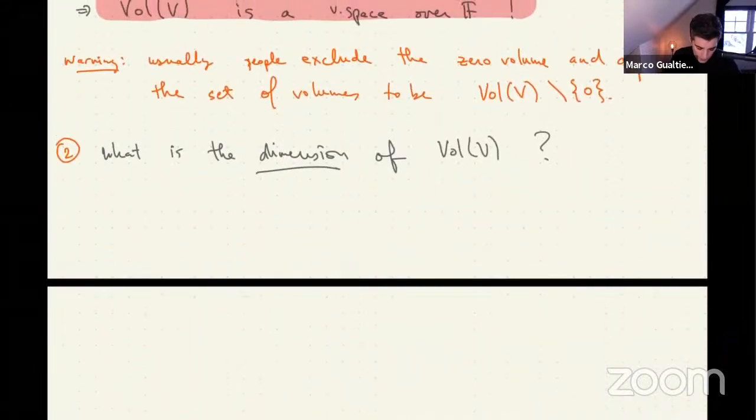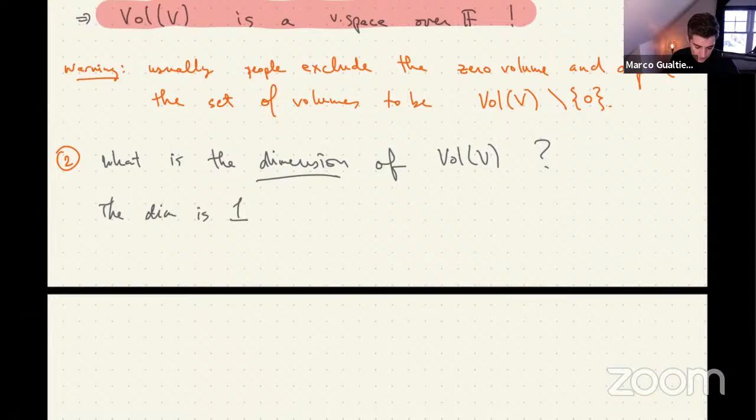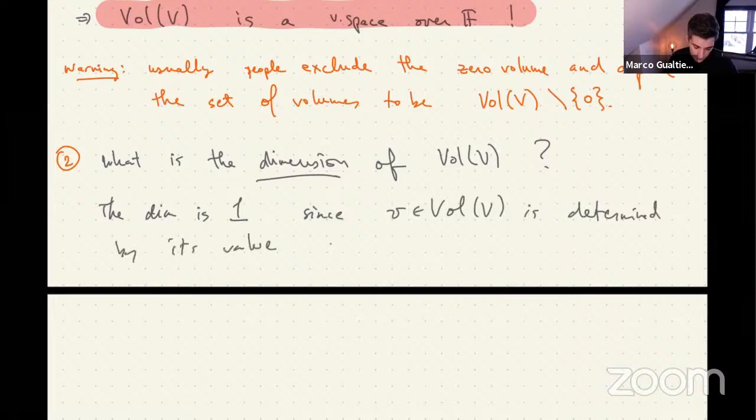So why, intuitively? So the answer is the dimension is one, since vol v is determined by its value on a basis. Now, why is this? So intuitively, the reason for this is